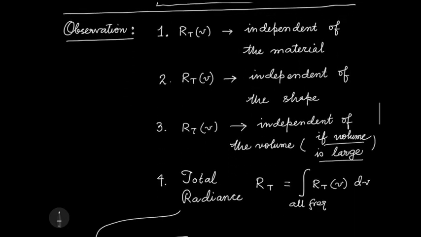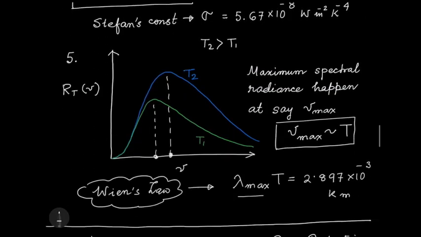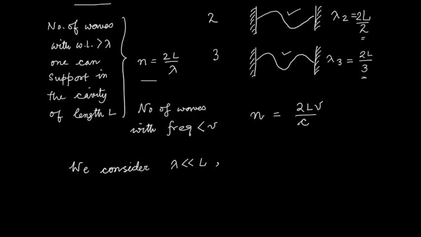And that makes sense because we said that the spectral radiance is independent of the volume of the cavity only if the volume is much large compared to the wavelength. So in that case, if I look at n here, this corresponds to a large